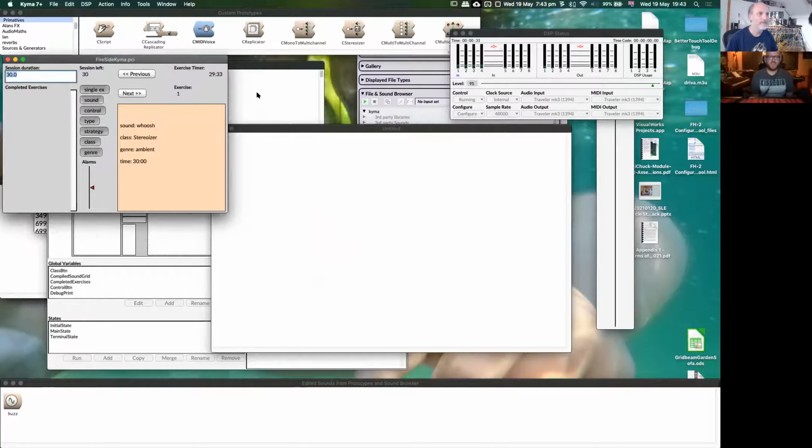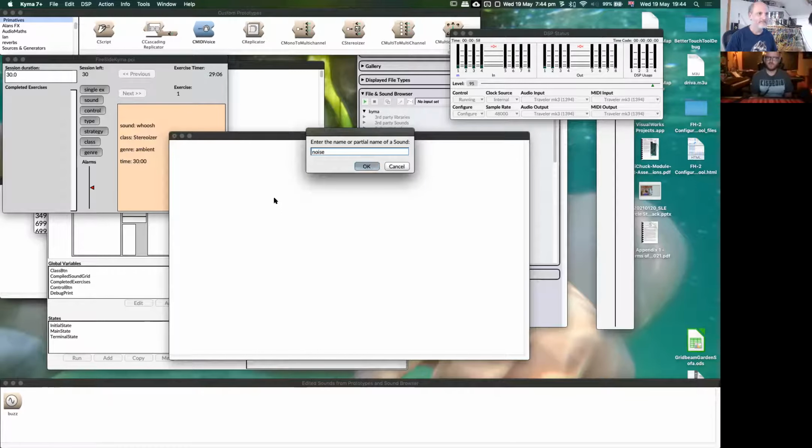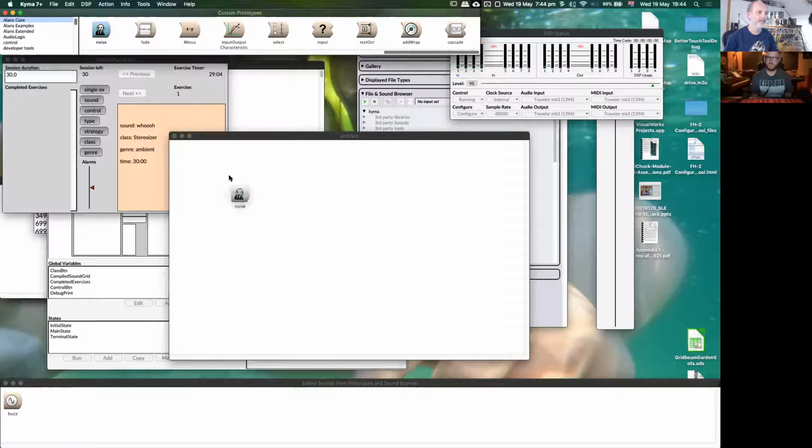Do we have to start with the stereoizer, or does it just have to be in it somewhere? So we're free to do whatever at this point. We could ignore this completely and just do some four-to-the-floor acid track instead. But how do we want to interpret this? Something whooshy. Well, we could start with noise, some sort of filtered noise, or we could synthesize, or I could see a live input.